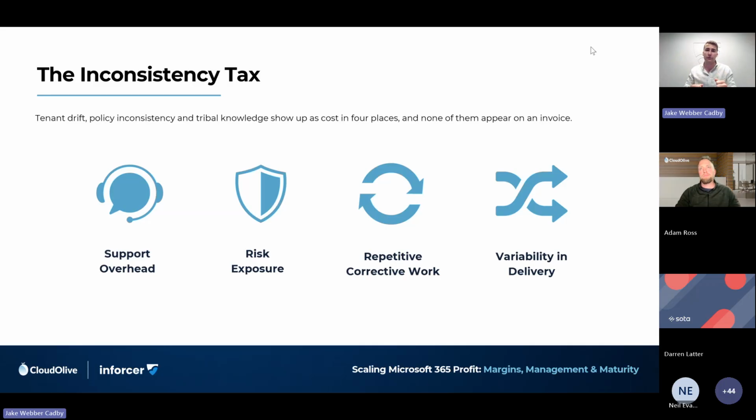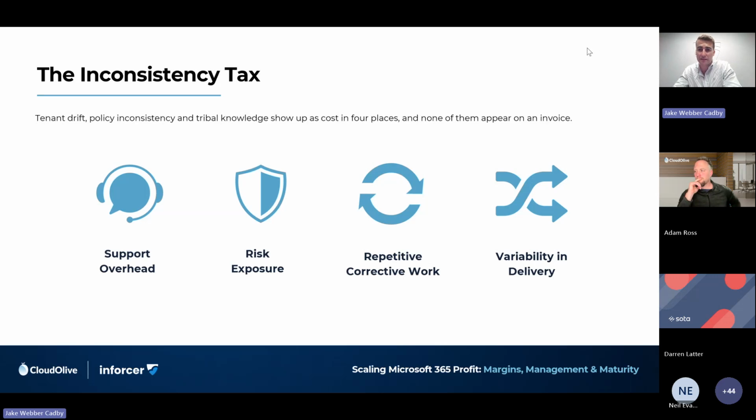And what we see at Enforcer is it's only your newest customers that have your best level of security when it comes to Microsoft. Because customers you onboarded 2 years ago, you haven't got the time to put senior engineers into those environments and tweak the configurations and make sure all of the latest best practices are configured.